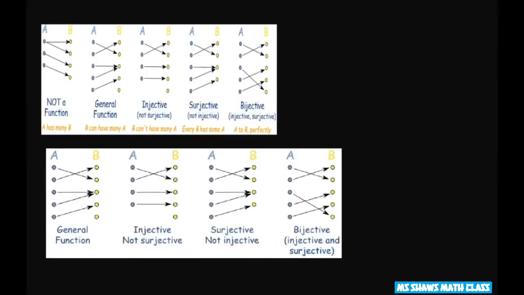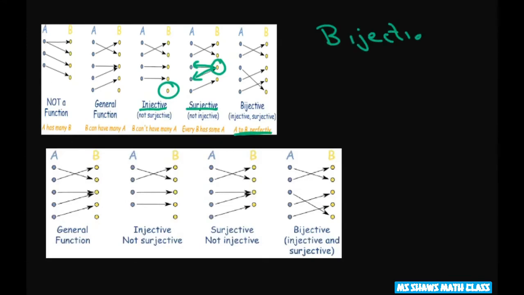And then here's a little better diagram than what I attempted to do. So again, this is injective but not surjective because you have this extra element. This is surjective but not injective because of this right here. It's not injective because it maps back to two different elements in the domain. And this is A to B perfectly. Again, the bijection